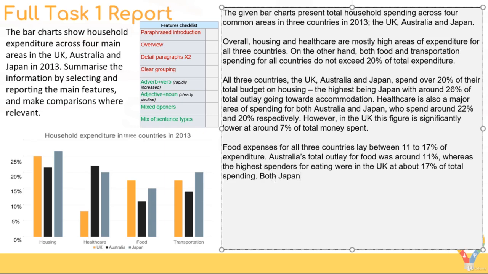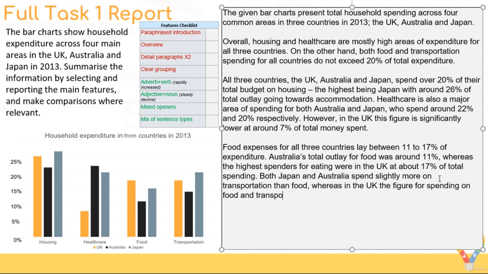Both Japan and Australia spend slightly more, so I've got an adverb, spend slightly more on transportation than food, whereas in the UK, the figure for spending on food and transportation remains the same at around